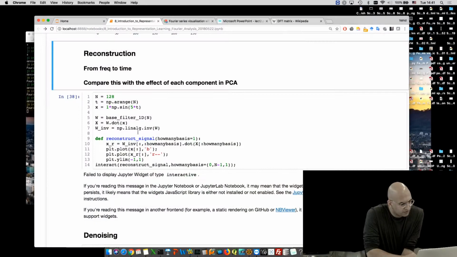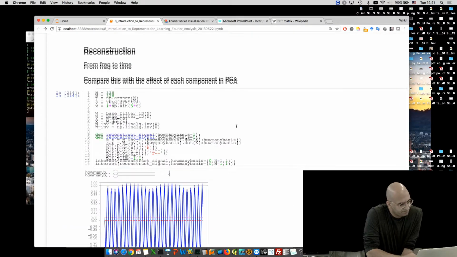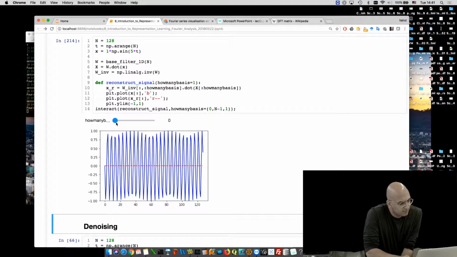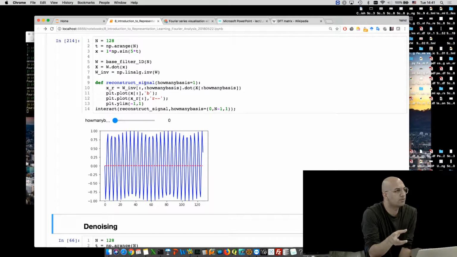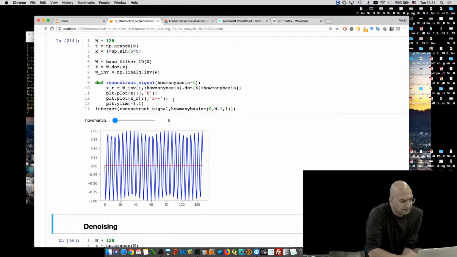So also you can reconstruct the signals. You remember for PCA I did the same. You move to the new space, and you come back with only a few of them, which are the most informative. And then you expect that what you get in the second step is not the same as the original. For example, it's like noise reduction, or some of the information is missing. Here also we do